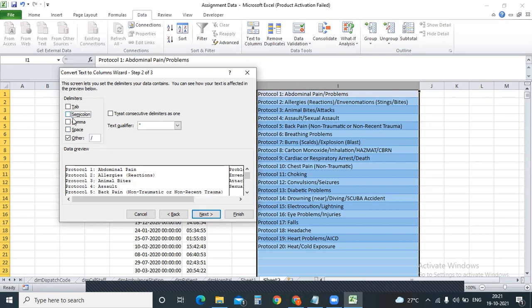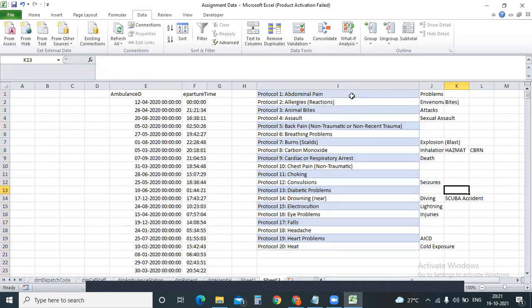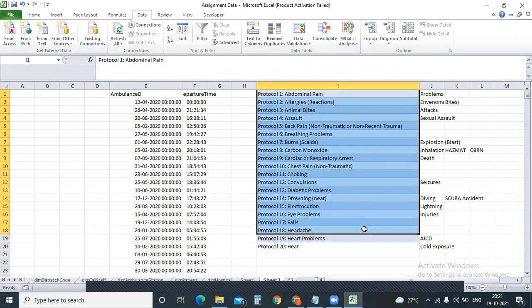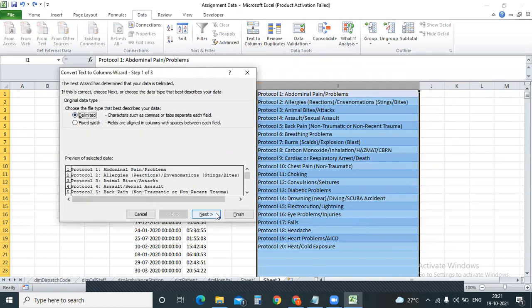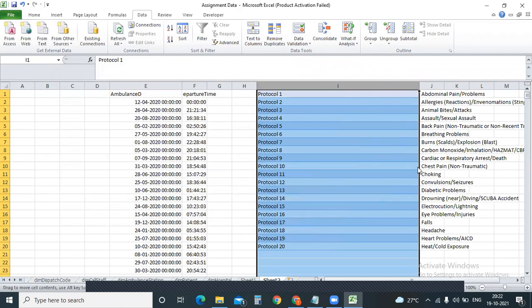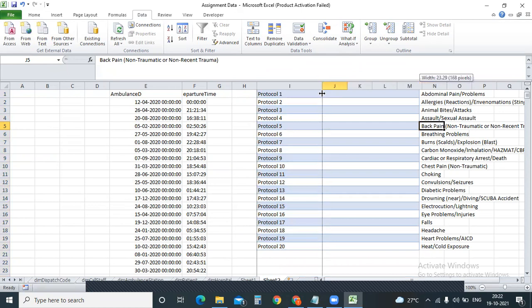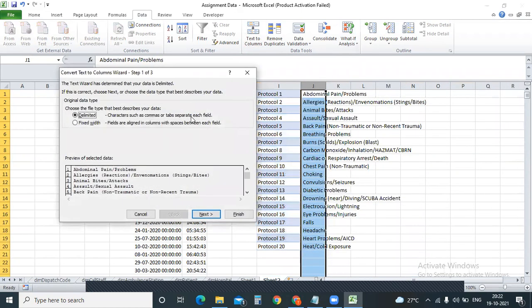Slashes will separate. Yes, after the slash, whatever the data will be there, it will be separated. Can you see? There was some data before the slash and it has been separated. Now we need to separate with the colon, then with the forward slash. We'll do both the things one by one. Delimiter, next we need to separate it by the colon, finish. It has been separated. Now in this data, whatever the data we are having, I need to separate the same thing with the forward slash.